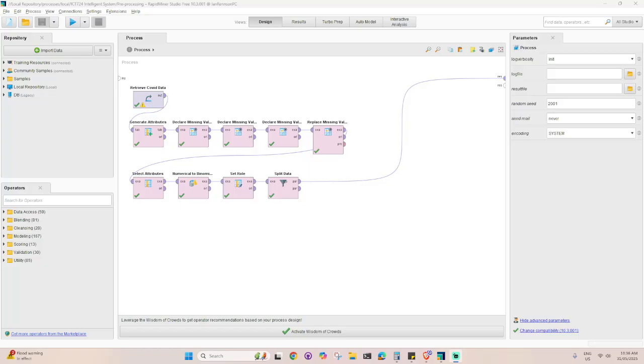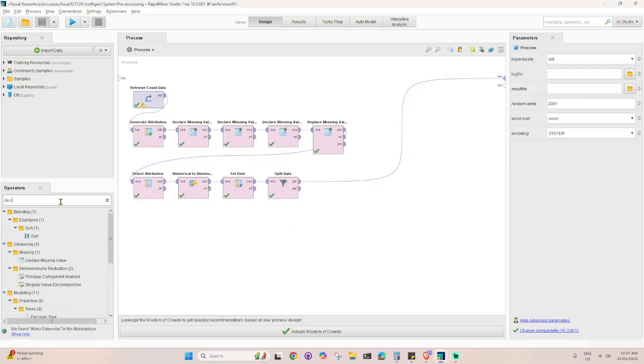So before we proceed, watch the part one video, which is the pre-processing and what the data is all about and all other details, and then you can proceed into this video, which is the actual classification method usage, in this case the decision tree model. So after doing all these steps in part one, let's proceed with the decision tree.